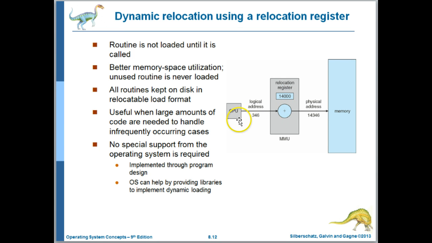So you can see the CPU generates a logical address that goes through the MMU, and the logical address is added to the relocation register, producing the physical address. With this mechanism, the compiler can generate code starting at address 0, and the binding is